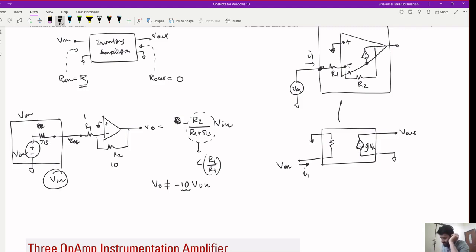That's because there is loading caused by your amplifier. That means your amplifier must have a finite input impedance. But in the case of the non-inverting amplifier, even if you connected a real voltage source with some finite input impedance Rs,